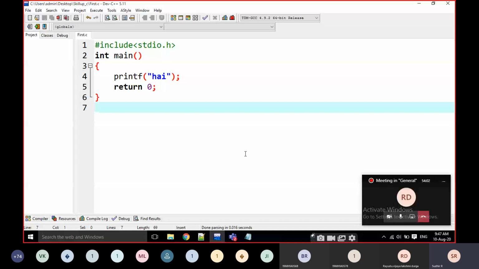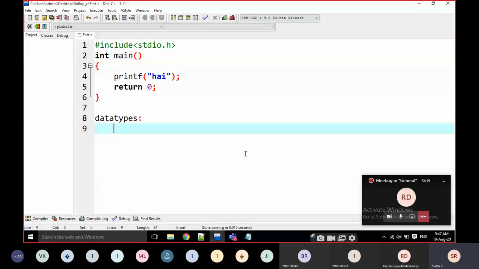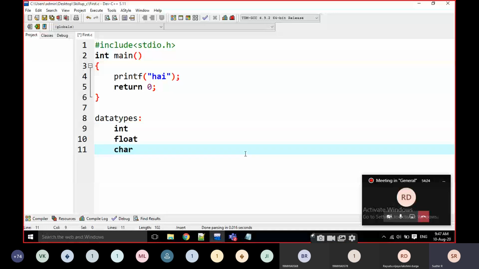Why am I telling the variables and some basic data types? Basic data types in the C programming language are int, float, and char. Write down, everyone. Basic data types in C programming language: int. That is the core. These are called core data types in any programming language: int, float, and char.